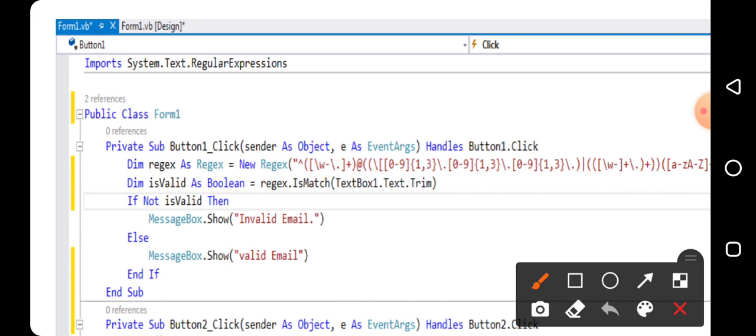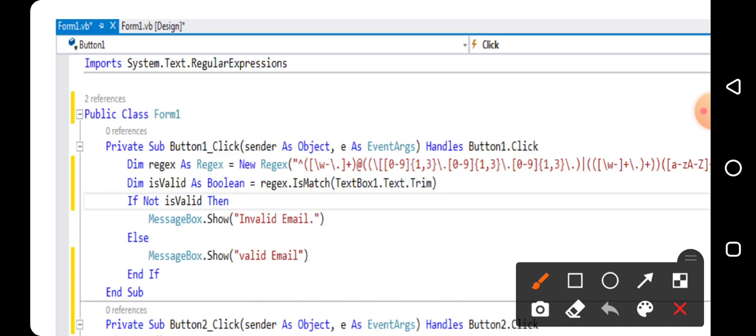This class provides the regular expression, with which we can define the various categories such as characters, operators and constructs. So we are importing one namespace over here by writing the statement Imports System.Text.RegularExpressions. After importing this, we start writing the code on the button click.